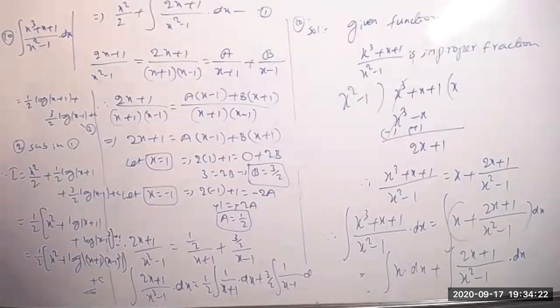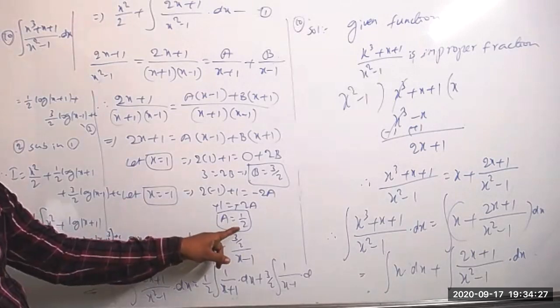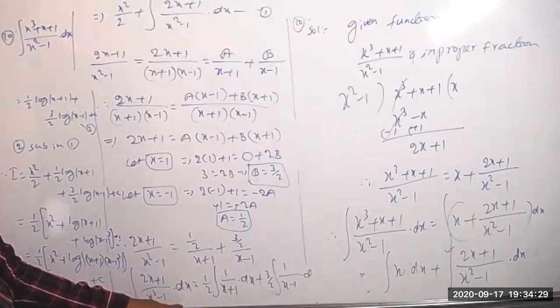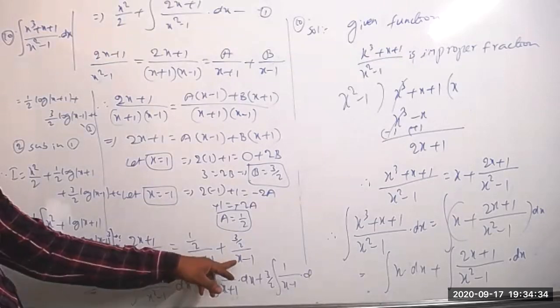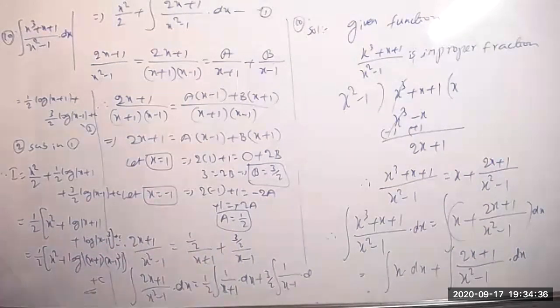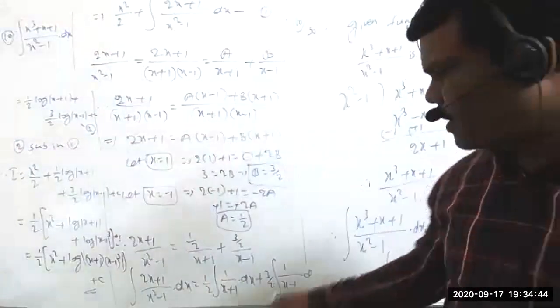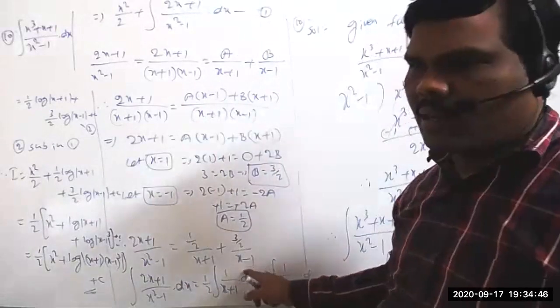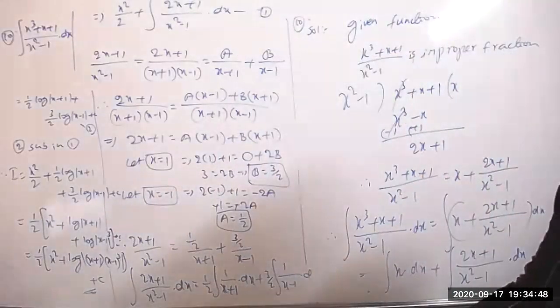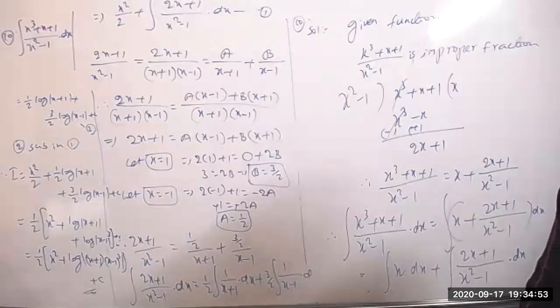Correct, Alina? Sir, I'm doing it because A equals 3 by 2. You got A equal to 3 by 2 now. Yes, 3 by 2, sir. Then where are we substituting here now? We'll get the correct answer, the same thing only. Because we have 3 by 2 by x minus 1 only, no? 3 by 2 by x minus 1. It is compulsory that we get x minus 1 whole cube. Yes, we'll get the same terms. It's not an issue. You can check it.